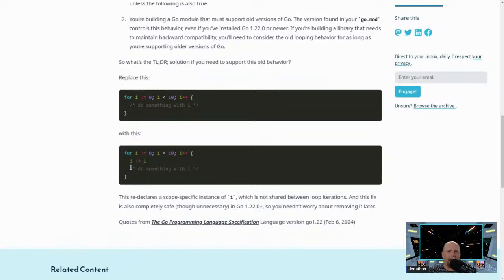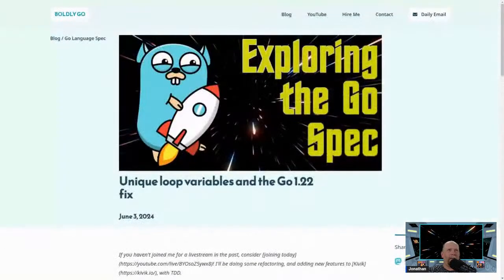It's unnecessary in Go 1.22, but it's not harmful. The only negative side effect of doing this in Go 1.22 or newer is it uses a teensy tiny bit more memory, and maybe it confuses people when they see this for the first time. But trust me, seeing this for the first time is less confusing than the bugs you get when you don't do it. So if you need to support all versions of Go, do that. Otherwise,